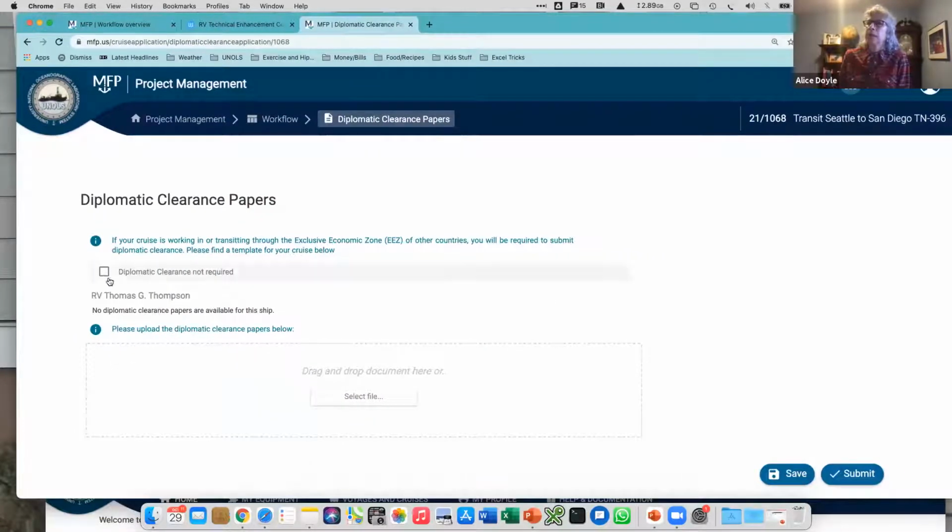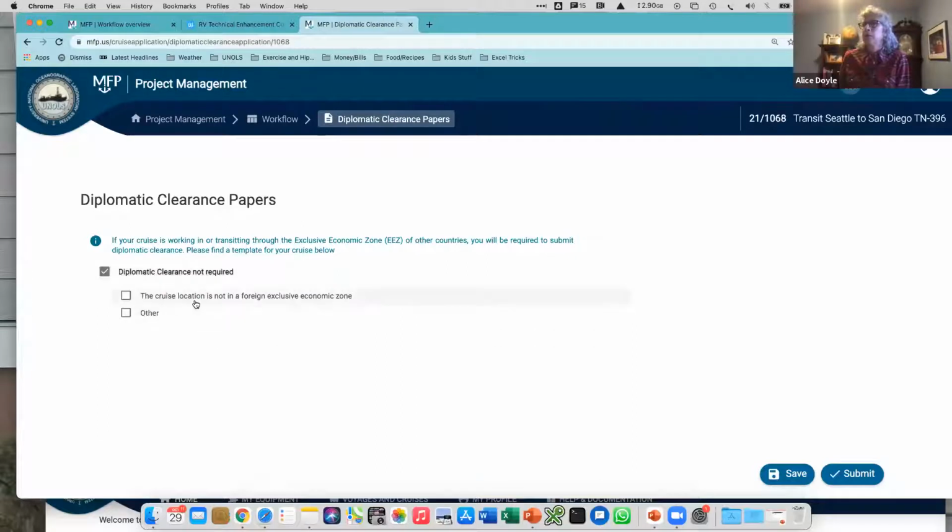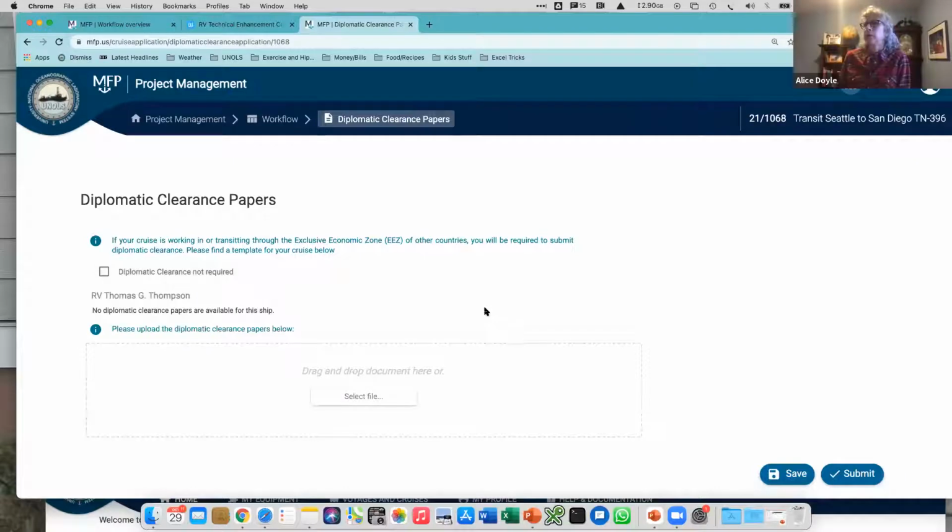So you can click diplomatic clearance is not required and submit. And once you do that, the step closes out. So that's what happens when you click submit. Then you don't see the red thing. Actually, we're just going to do that here. The cruise location is not in a foreign EEZ or other. Actually, it's not my cruise, so I'm on the live side. I'm going to wait. But anyway, you can say no diplomatic clearance is needed, or if it is needed, then